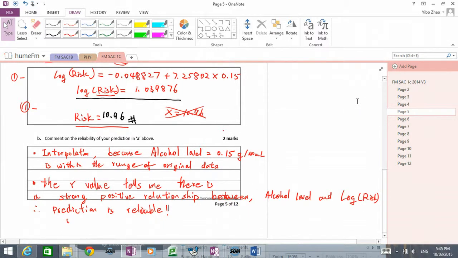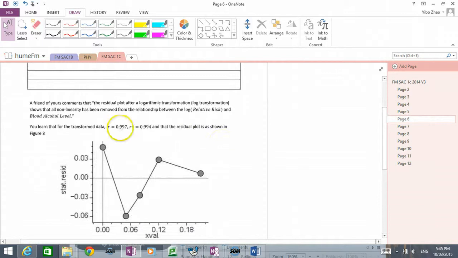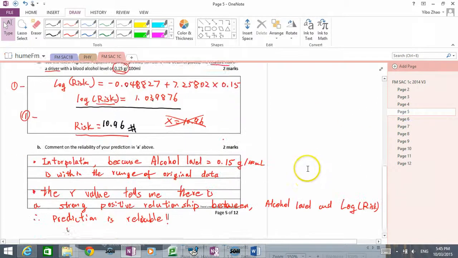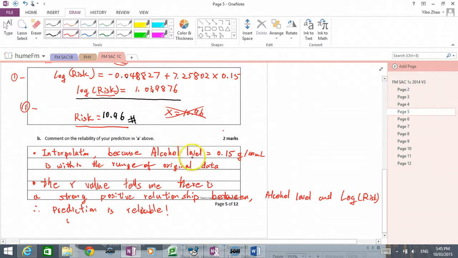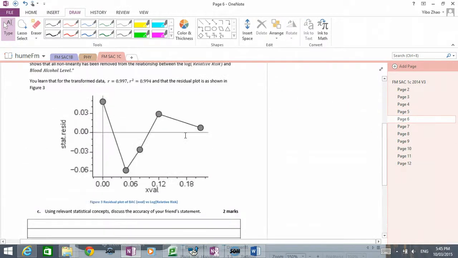Now then, let's go to, yes, the R value is in the next page. That's why I can't find it. The R value is 0.997, so yes, it's quite strong. So in this case, you need to write down the R value is 0.997. Okay, it's quite strong. So now in the last question,